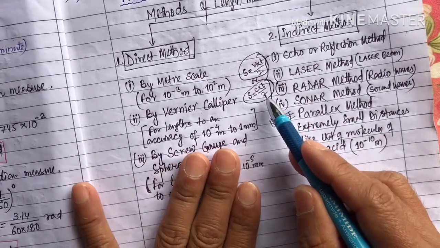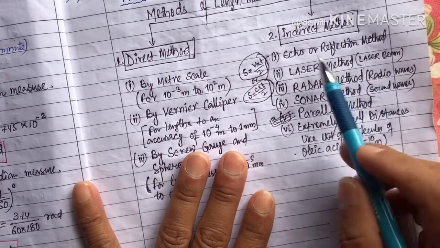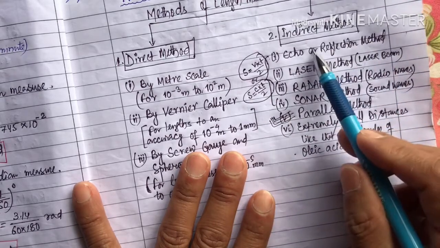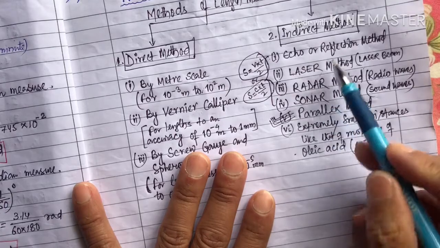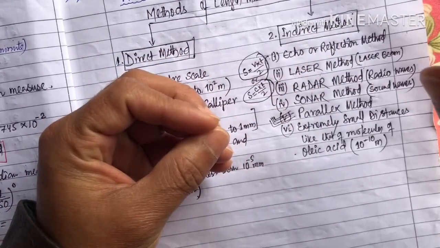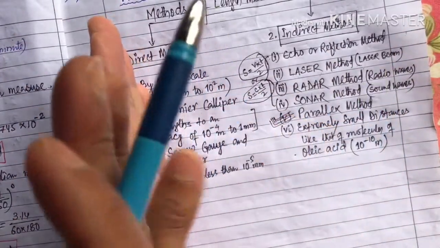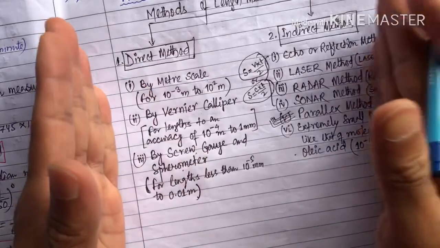How can you ask from where we got this 2? It's very simple. All these four are basically based on the reflection method. What they do is send a sound wave or light wave from one station to the station whose distance you want to